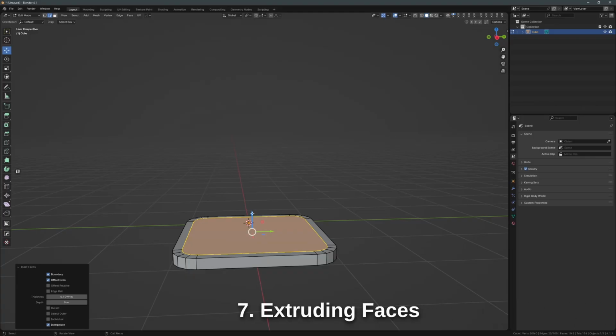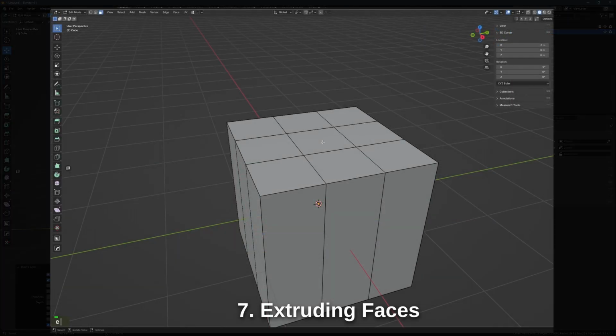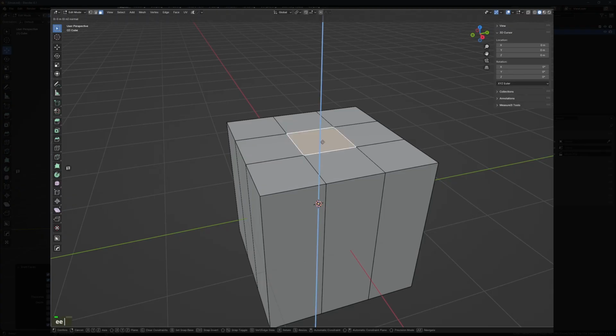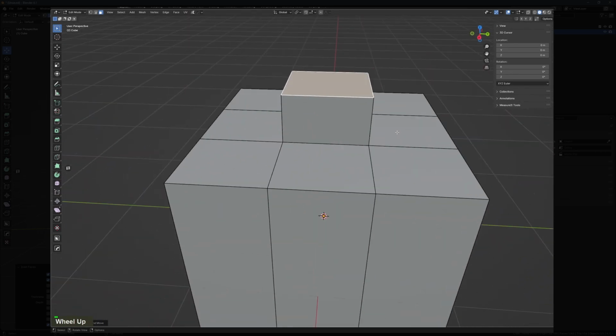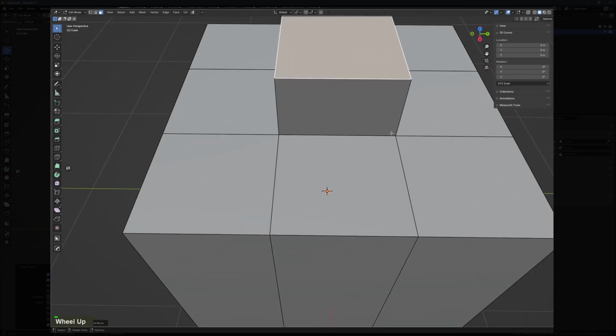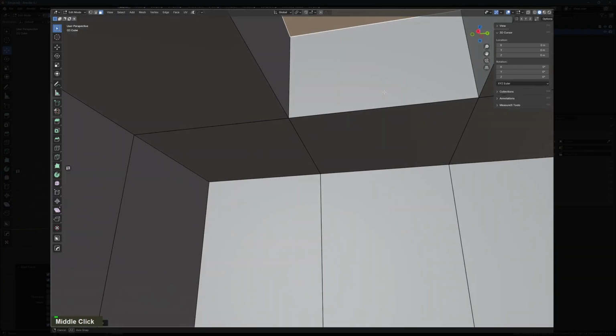I'm gonna use the extrude function, but let me explain this one before. Here I have a cube primitive and it's subdivided so that the top has 9 faces. I select the middle one and hit E for extrude. The blue move indicator line appears and by moving my mouse, the face will move along the indicator. With a simple left click I let go of the extrude mode, and that's it. I extruded a face and Blender took care of creating a consistent geometry.